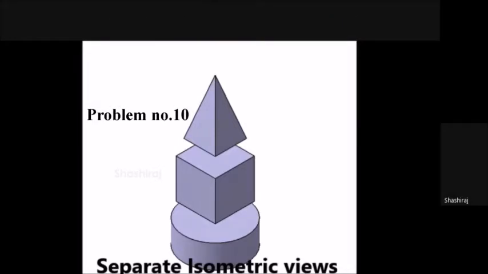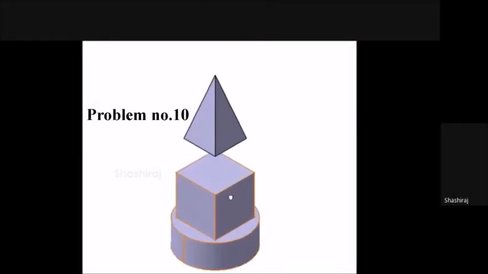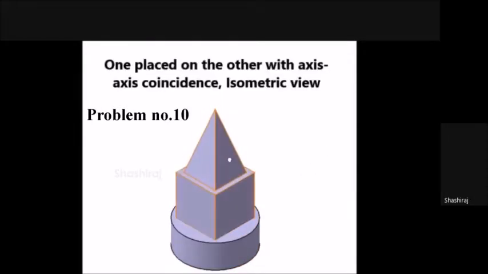Let us see that. See, I am placing cube on cylinder first, and square pyramid on cube. So this is what we should get. Just observe the visibility from the top. There are two triangular faces related to the square pyramid which are visible, and observe the visible edges of the cube and visible edges of the cylinder also.